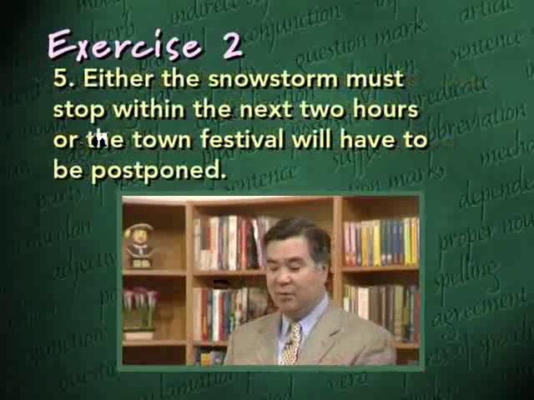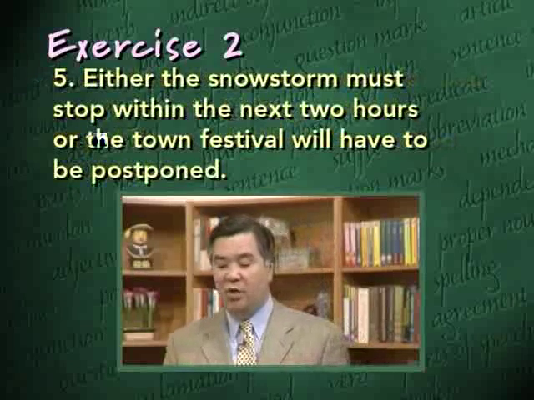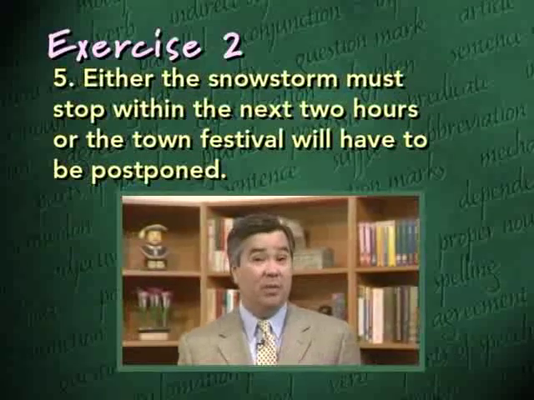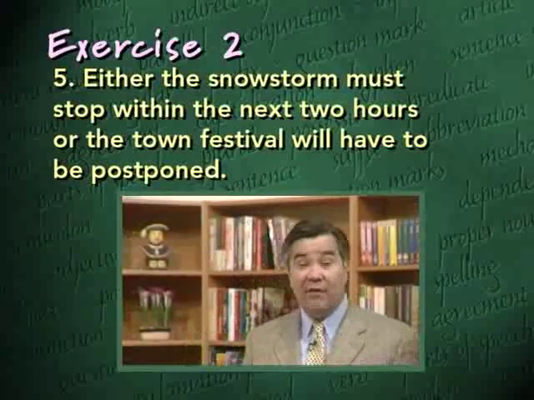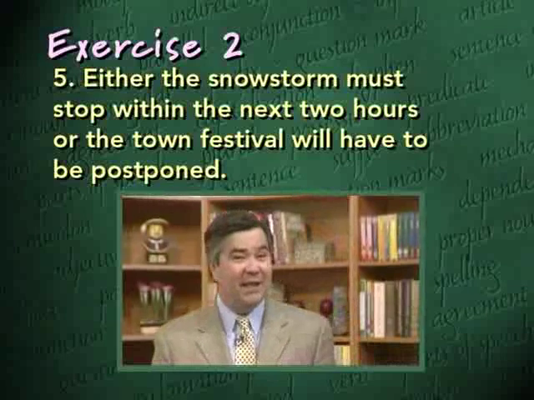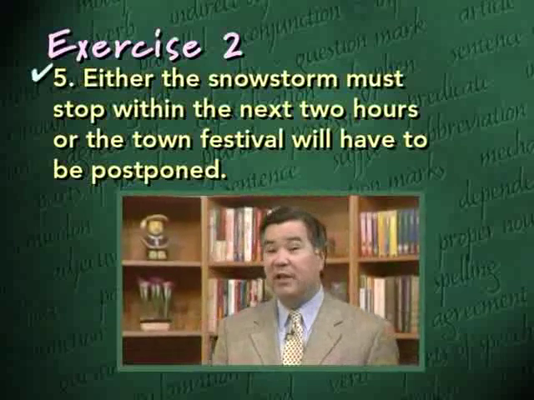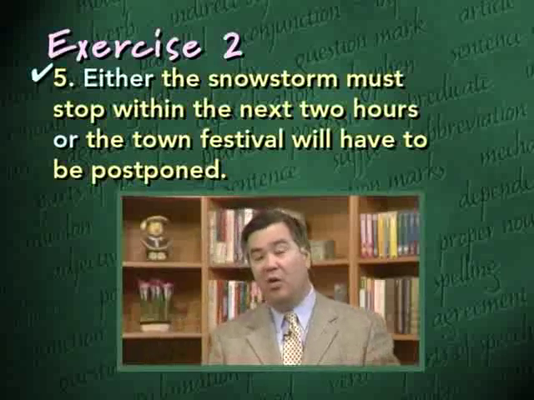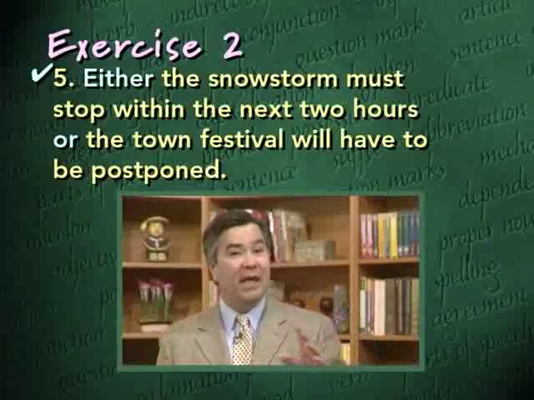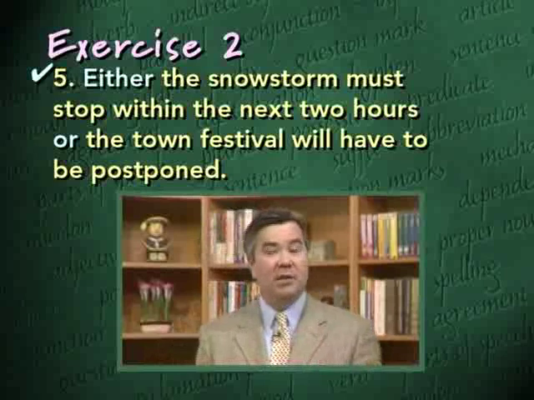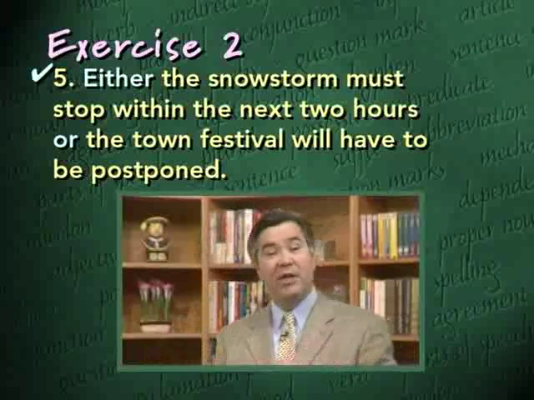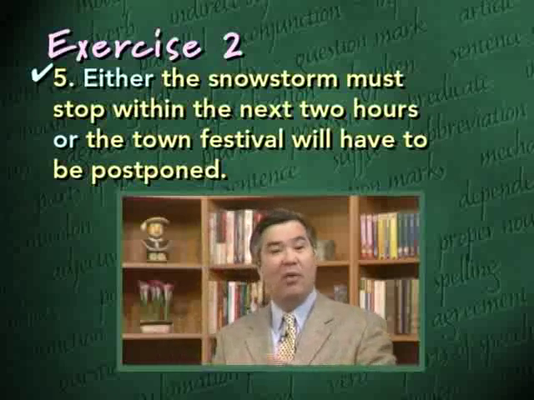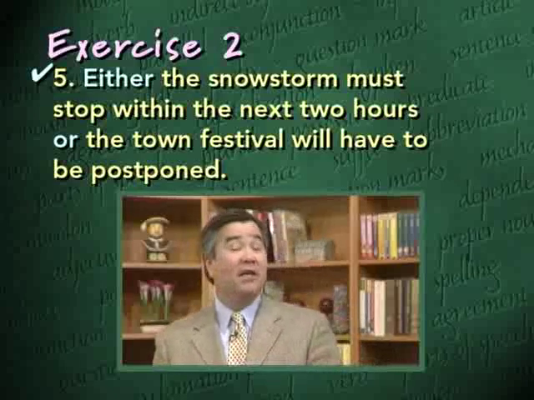And our next example. Either the snowstorm must stop within the next 2 hours, or the town festival will have to be postponed. Here we don't have a parallelism problem. We have a second sentence in this exercise that's perfectly correct. We're using coordinating conjunctions here, either or, and what follows should be as grammatically similar as possible. And what follows in both cases is a clause, and since the two are roughly similar grammatically, the feeling of